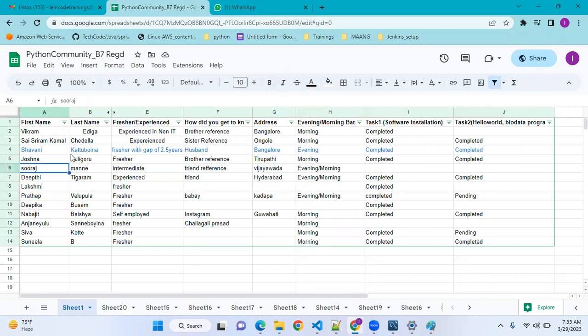Not only this, I want to do a lot of operations. For example, I want first names that contain A. If you see, many people's names contain A. Or for example, I want names that contain B. I'm saying particularly contains.